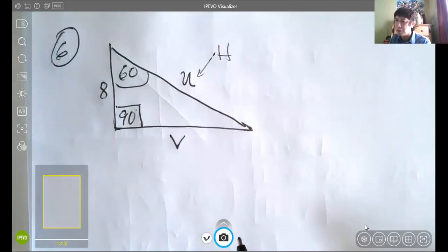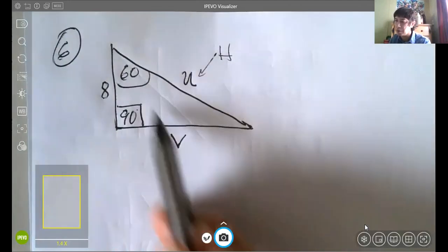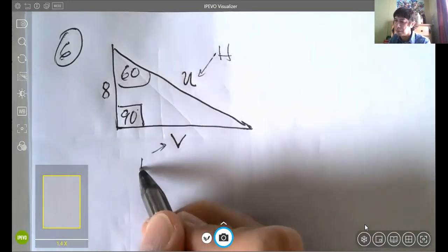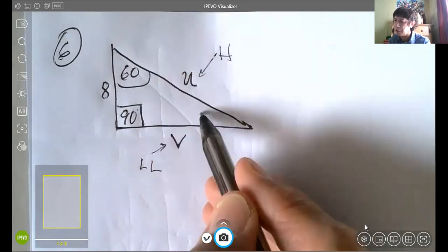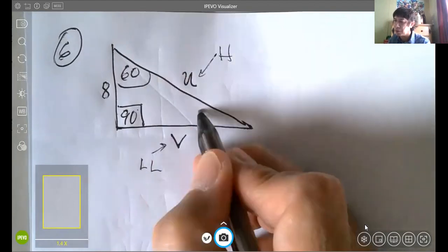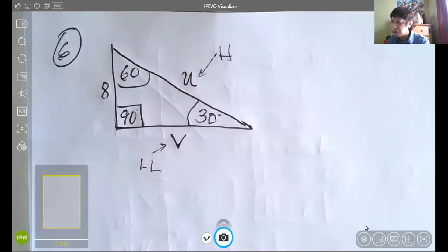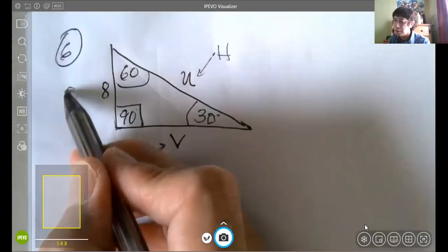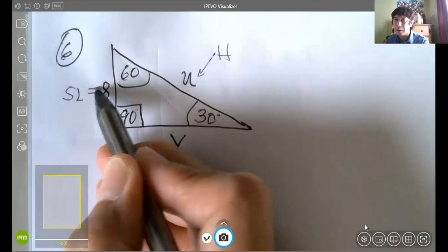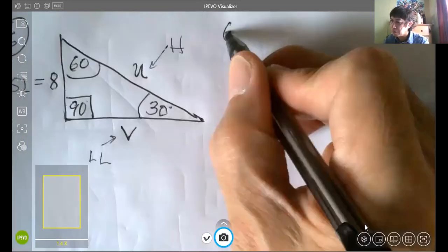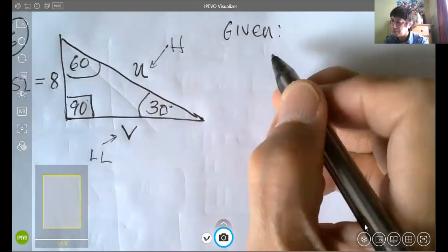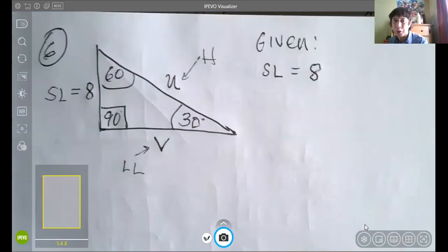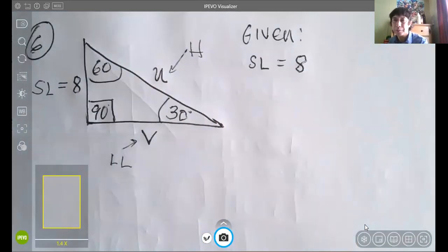And opposite the 60, this is your longer leg. And of course, if this is 60, the other angle here is the smallest, the 30. And opposite this smallest angle, that's your shorter leg. So actually, the given that we have here is the shorter leg, 8 units. So therefore, if you have the shorter leg, you can right away solve the hypotenuse and the